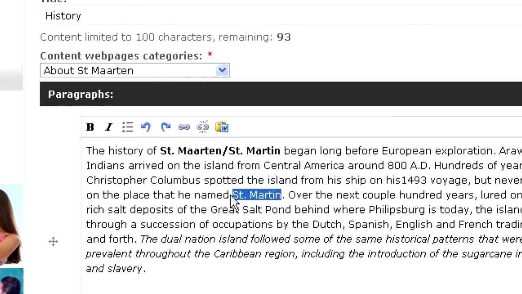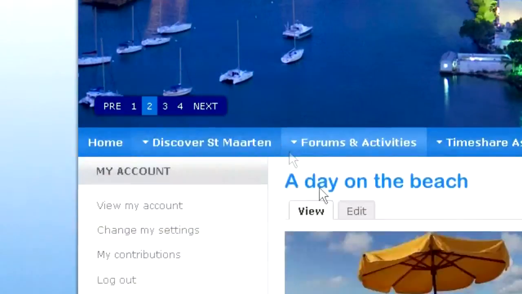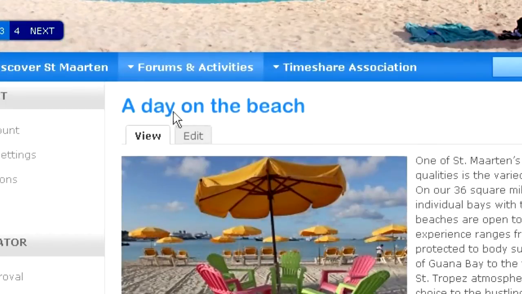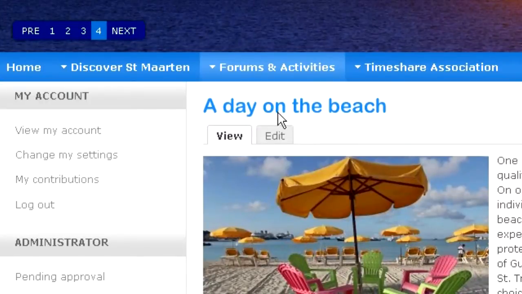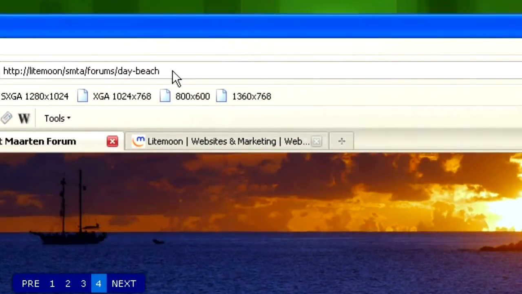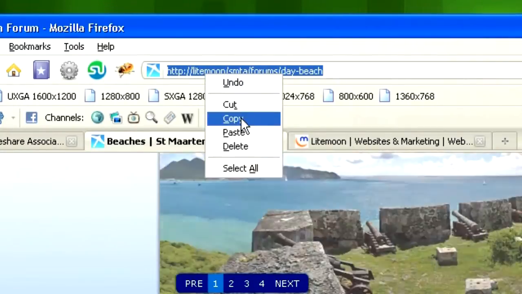The other option, which is very interesting, is the link option. So let's say you want to link a piece of text, and let's say I want to link St. Martin to another page of my website, and I want the people, when they click on St. Martin, to go on this forum page, a day on the beach. So I'm just going to copy and paste the entire web address here,